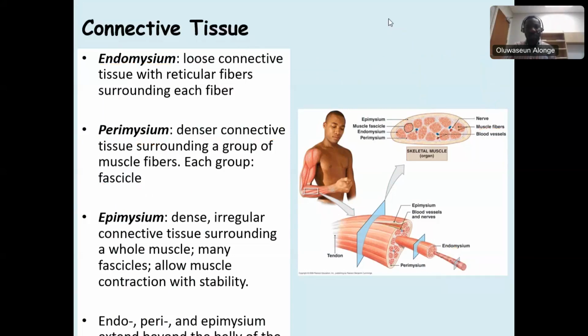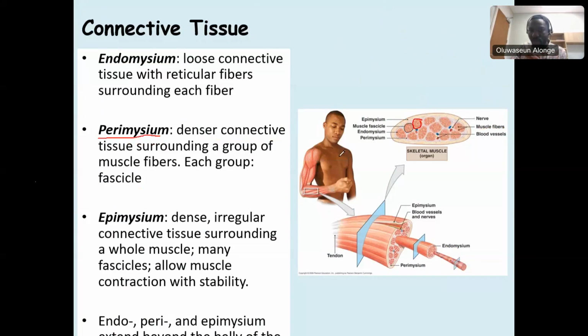All right, so when you see the myofibers, they are surrounded by endomysium. A group of myofibers form what we call a fascicle. So this is a fascicle. And each of the fascicles, you see the fascicles are surrounded by that dense connective tissue there, which we call